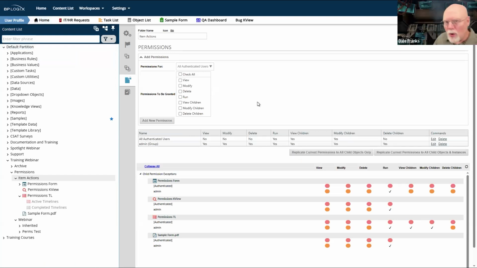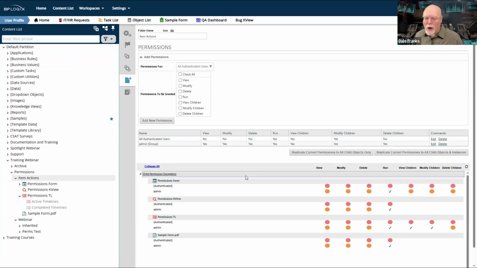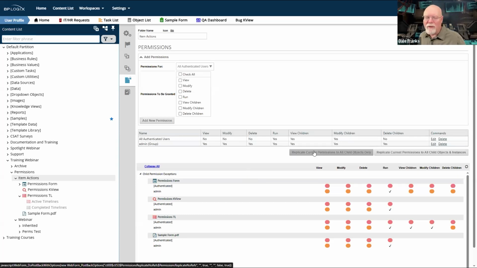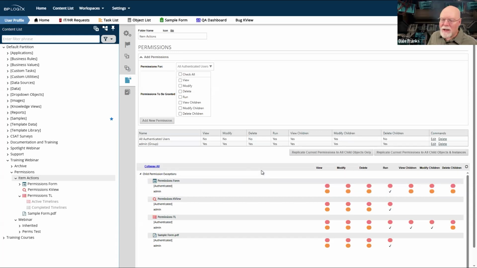If you're unsure whether child objects have different permissions, you can always go to the folder and generate the permissions exception report and see which of the objects in the folder contents have different permissions, which will help you determine whether or not you do in fact need to replicate. In this case, I think I can replicate it and it would be just fine.